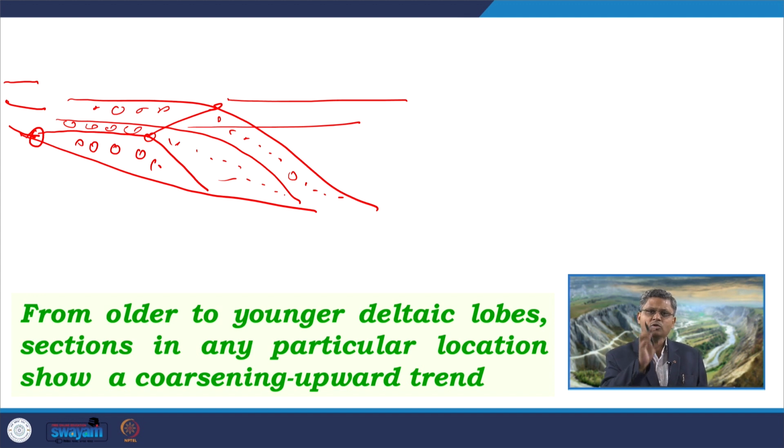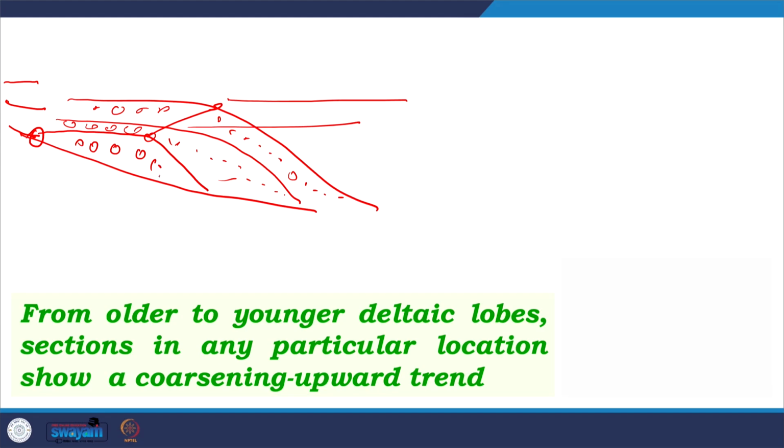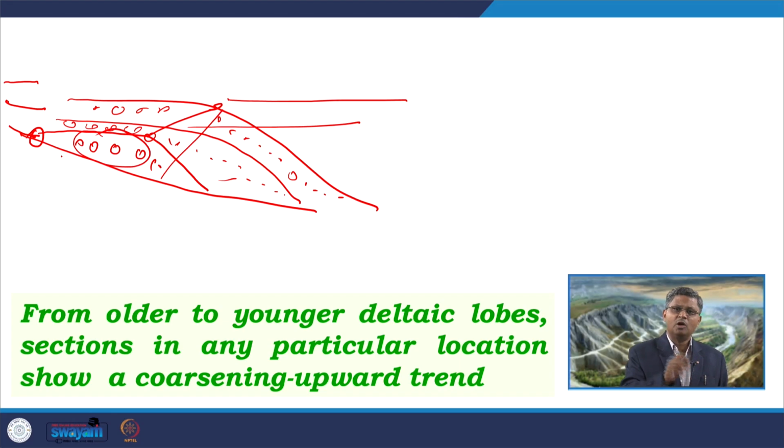So, when we talk about the distribution pattern of grain size within the delta lobes, we get a finer distribution pattern as we look at the individual delta lobes. The average grain size in this particular lobe will be overall very coarse. Finer grains will in general be absent. In the second part, the average grain size will be a bit smaller with respect to the first one, because now the coarser materials are relatively less abundant. Similarly, in the third one, the average grain size will be further smaller, and finer grain sizes will be more abundant in this particular delta lobe.